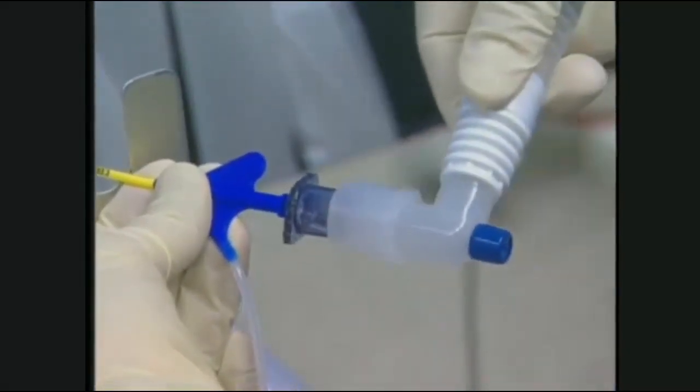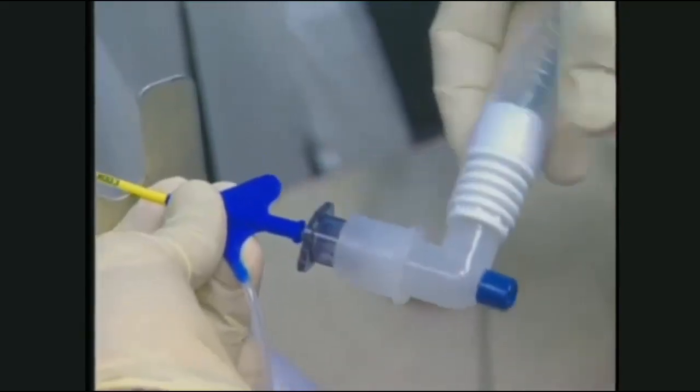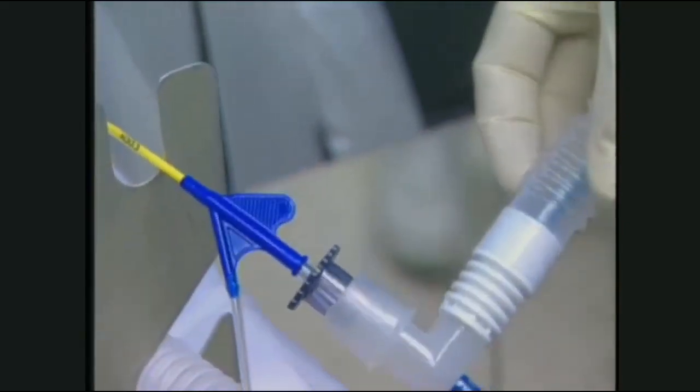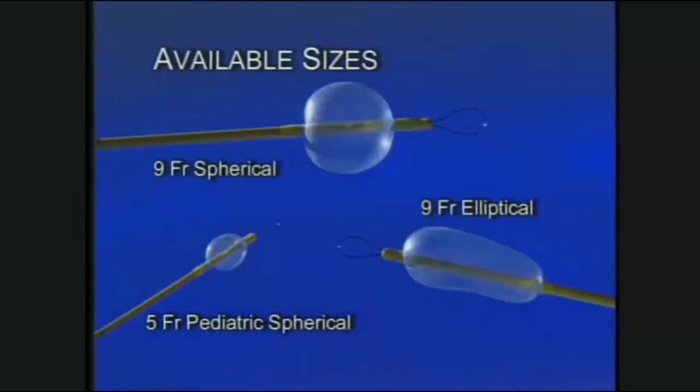Well, there are several indications for the use of a single lumen tube with an endobronchial blocker set, and I use it in the setting of thoracic surgery as well. Available in 5 French pediatric spherical, 9 French spherical, and 9 French elliptical sizes, the ARNT endobronchial blocker is a new tool to achieve direct visualized one-lung ventilation using a standard